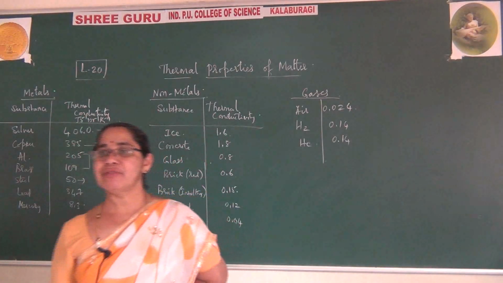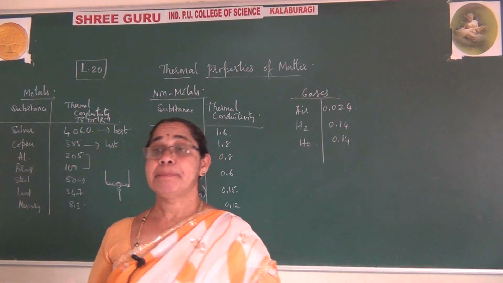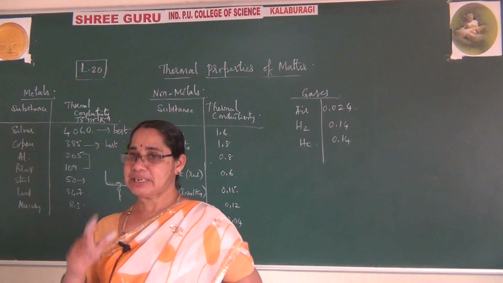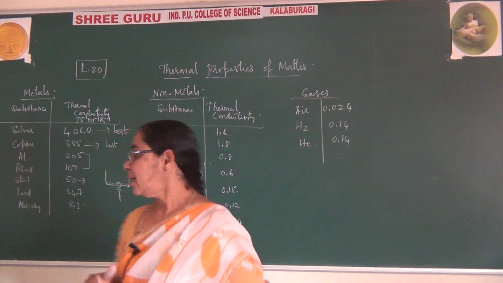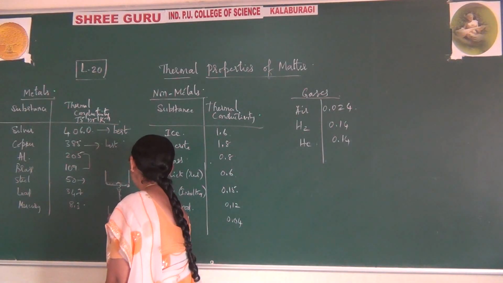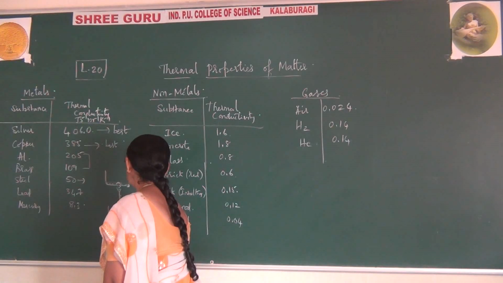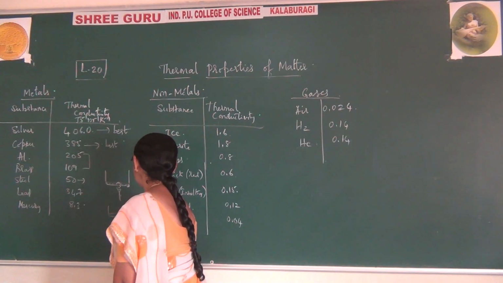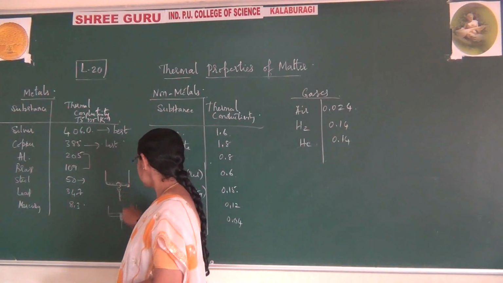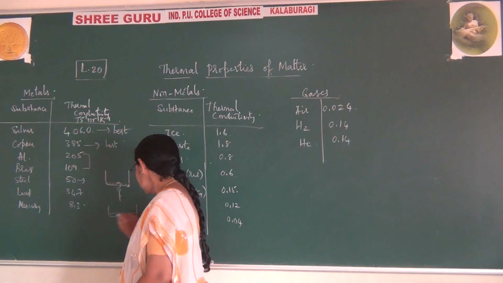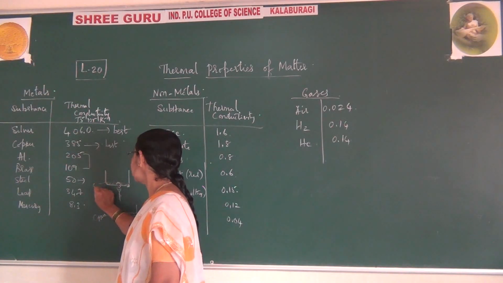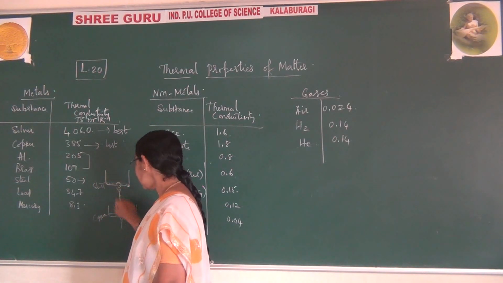You can cook food in copper vessels, and as and when you cook, you can cook it very fast. But remember what happens when you cook with a copper vessel? It transmits heat throughout, that is, heat is conducted throughout. You can cook very fast compared to steel. This one is made of copper, and this one is made of steel. So this is the difference you are observing here.